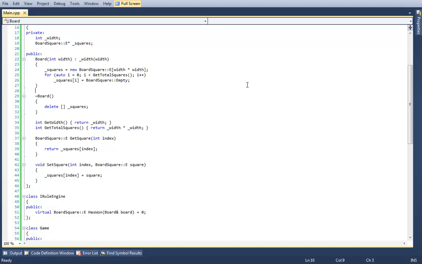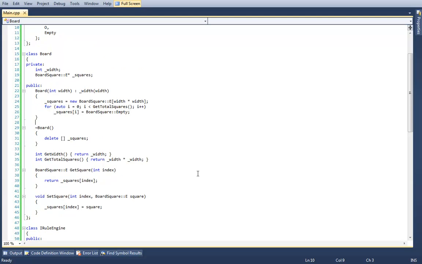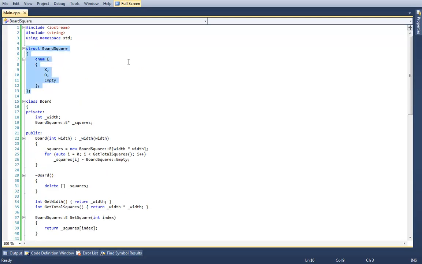Still hung up on the enum. So you create a struct that contains data and actually grab the data inside it without making the actual version of the struct itself. I'm never instantiating the struct. The only reason I have it here is for organizational purposes only. I never instantiate a board square. This is just a convention that I use to clean up the global namespace. It's nothing more than that. I don't use the struct board square. I only use board square E, or E scoped to board square.